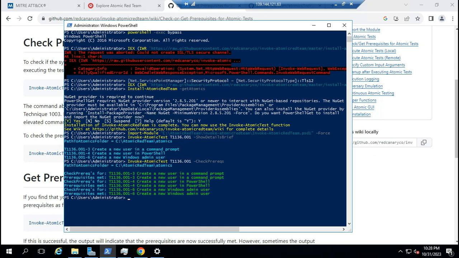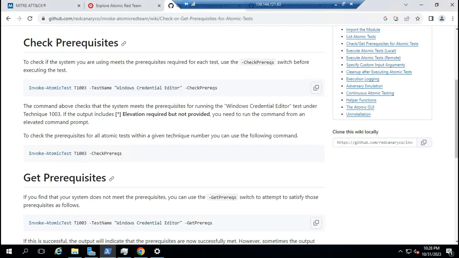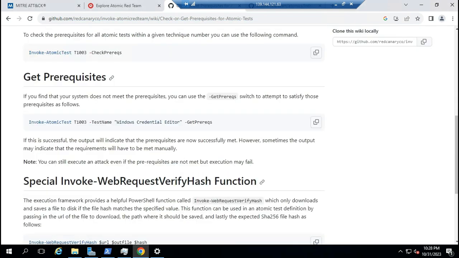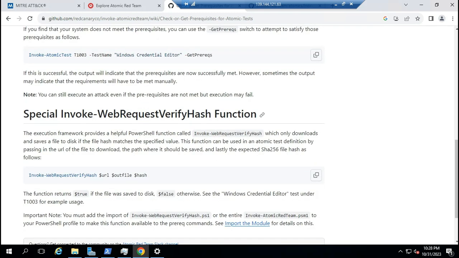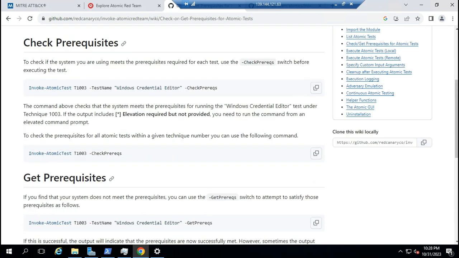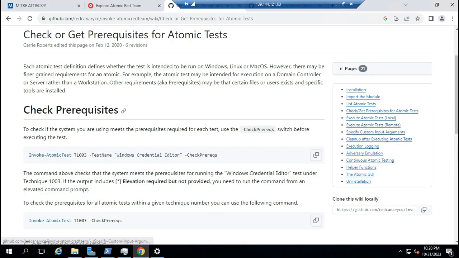Okay, when it's all green, you are good to go because the requirement is complete. You can run the test. If you find the system does not meet the requirement, you can use the get command. Maybe in other techniques we can use that to get the requirement. Okay, we can execute the test.